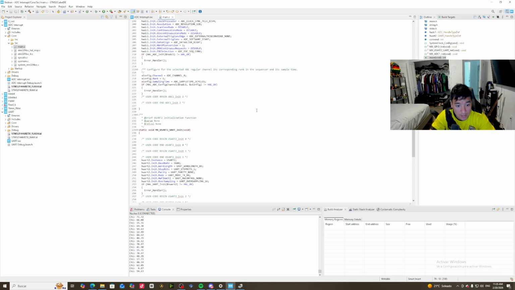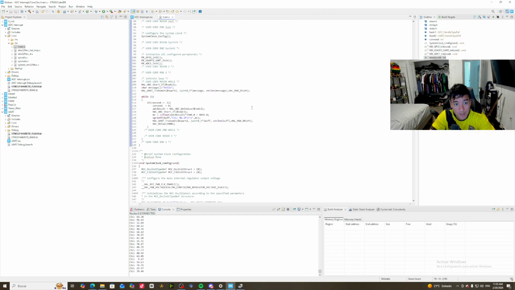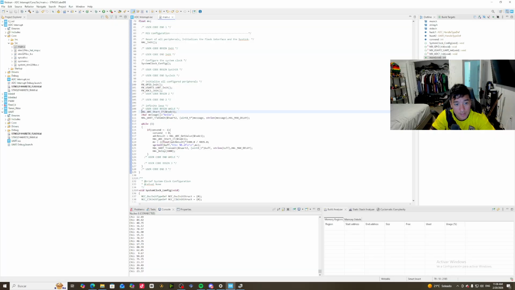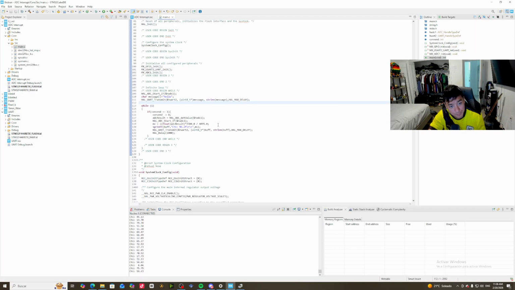Going back, in this line we enable our interrupt, the ADC interrupt. Then we create a message for when it starts the simulation. We will start with our message, hello. We enable our UART to transmit the message that we will create, called hello. Here in our while block, we're going to start setting the conditions for how our ADC conversion interrupt